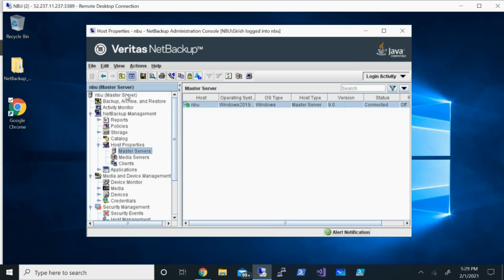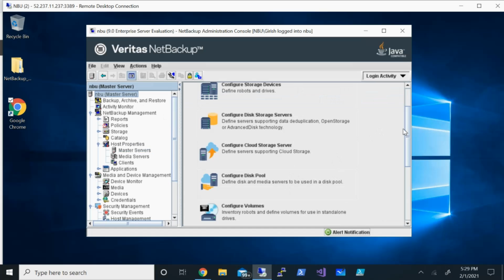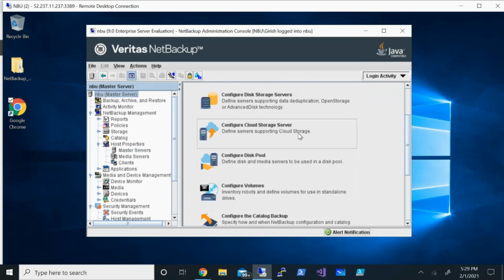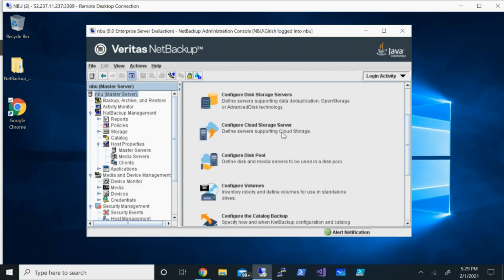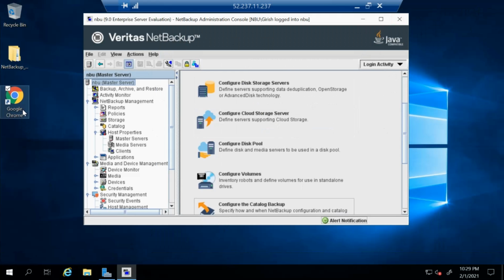Now I can definitely go and add cloud storage right from this console. So I can go configure cloud storage server and just follow the steps over here. But I'm going to show you the web UI of NetBackup to add cloud storage. So for that, let's go and open that